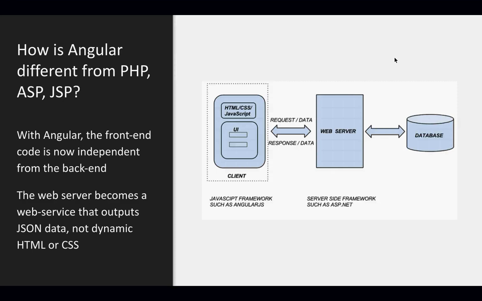With Ajax, the idea is you would make an HTTP request in the background to the backend to fetch some content and just update some portions of your user interface. So that was Ajax. But now it was even more complicated, because you have PHP or JSP or ASP generating some part of your page, and then you have JavaScript on the client side also getting some data to do other things with that page. So you have business logic all over the place, and it's difficult to maintain.